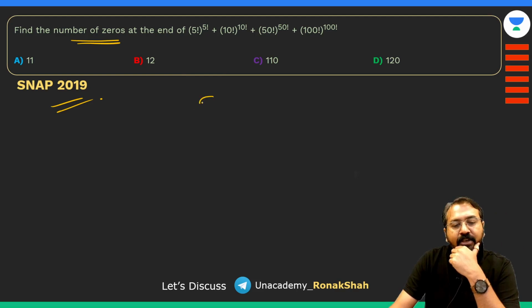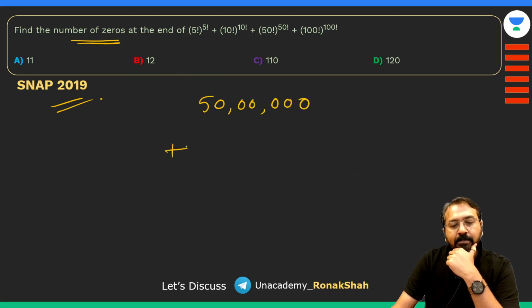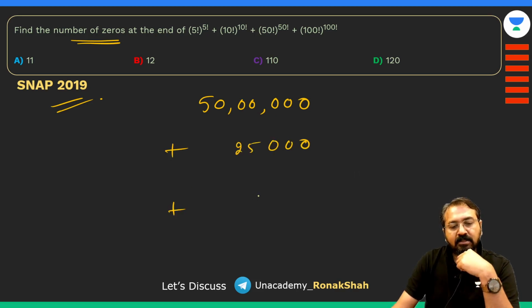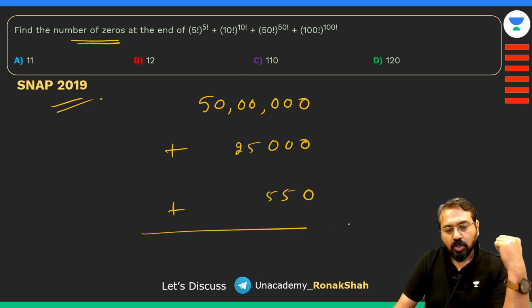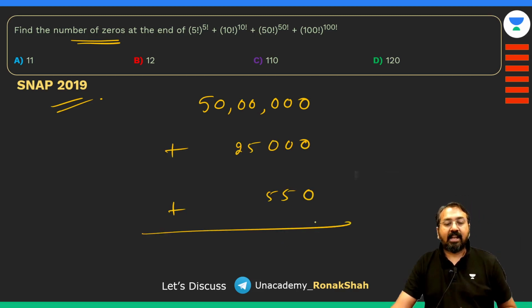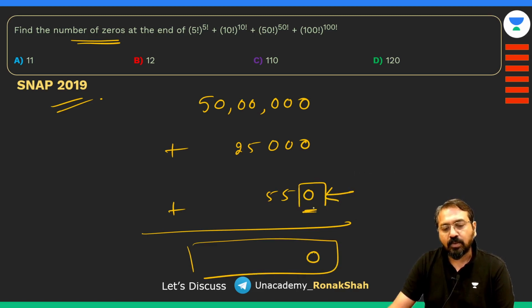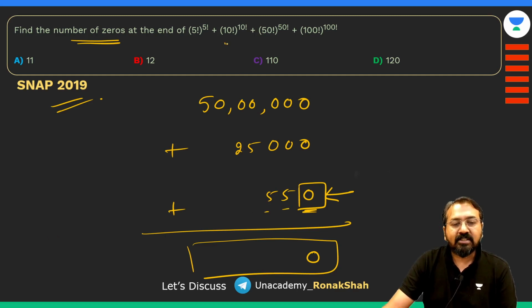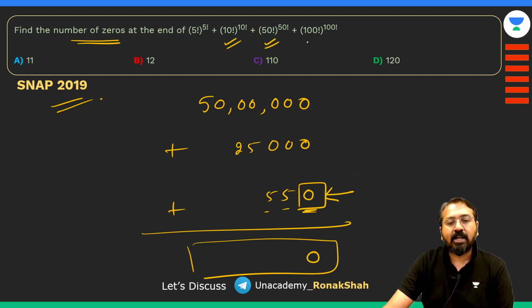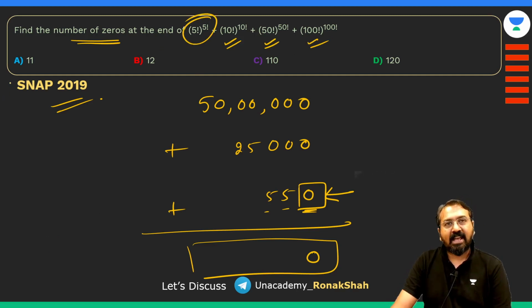like this, say 50 lakhs plus 25,000 plus 550. How many zeros will be there towards the end of this particular addition? Can I say there will be just one zero? Because this number has just one zero towards the end and then some other non-zero digits. So similarly, this number will have too many zeros, this number will have too many zeros, and so on and so forth. So what we need to check is how many zeros will be there at the end of